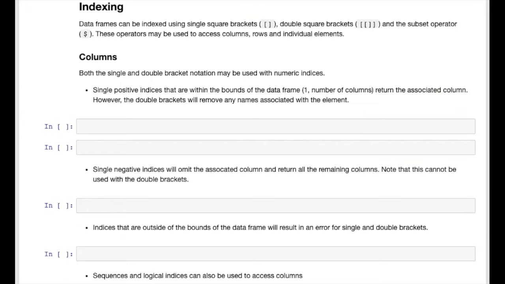This video is a continuation of the data frames notebook, and in this video we'll be discussing indexing of data frames. Data frames may be indexed similar to previous data structures we've looked at, using the single and double bracket notation, as well as the subset operator, aka the $ sign character. We can use these operators to get access to one or more rows and/or columns, as well as access to